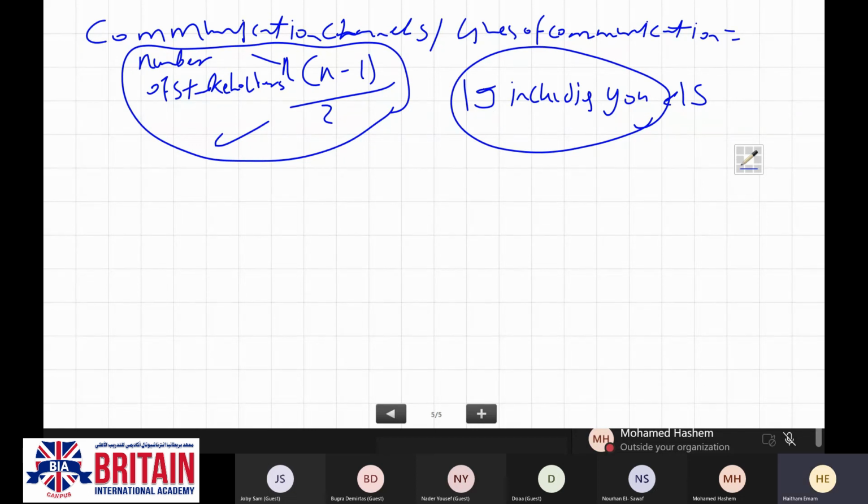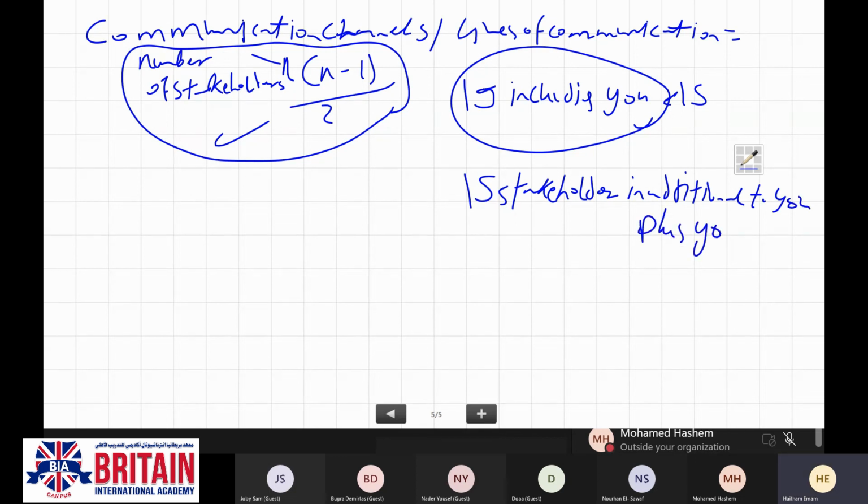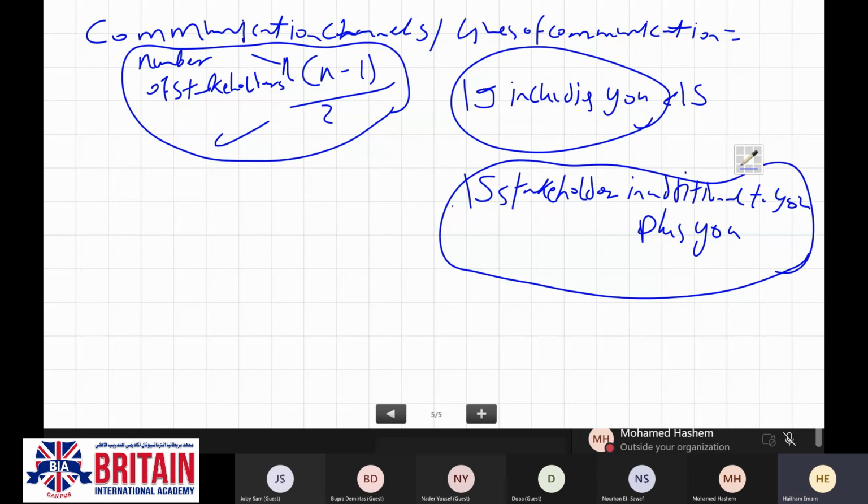But if he says 15 stakeholders, excluding you, or in addition to you, or plus you, then the total number of stakeholders will be 16.